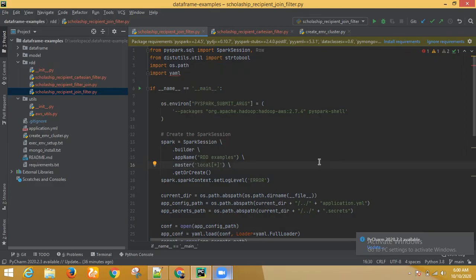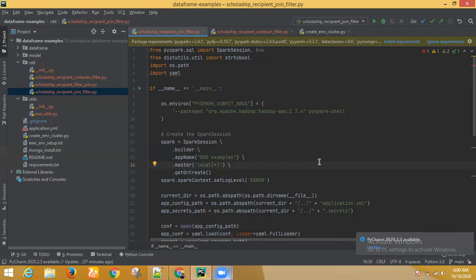Similarly, to create a data frame, we have SQL context. You create a SQL context object, read data from different sources and create a data frame out of it. Similarly, you have Hive context, another context object to read data from Hive tables and create a data frame out of it. These are different approaches, but from Spark 1.6 onwards, they generalized it. Now you have a single Spark session object that can be used for all three activities.